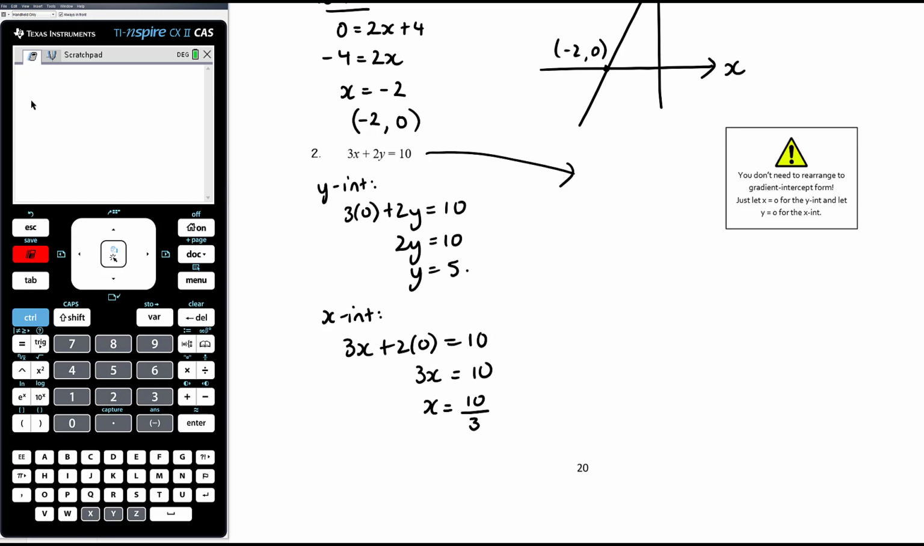When you rearrange this to gradient intercept form, like I said, you're going to get fractions. You're going to get negative 3 on 2x plus 10. Okay, yes, y-intercept is 5, but we found that so easily here. 2y equals 10, y equals 5. Done. And then when you find the x-intercept, you're now trying to solve, that's 3 on 2x,